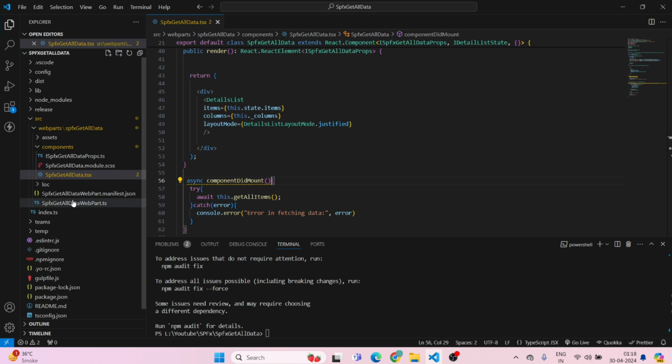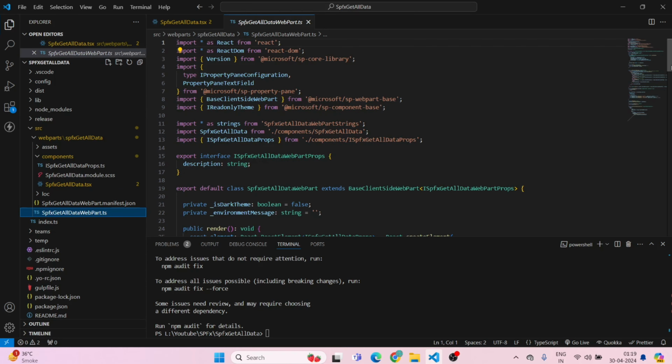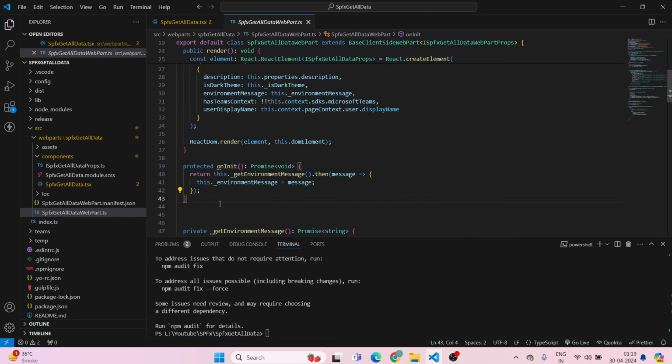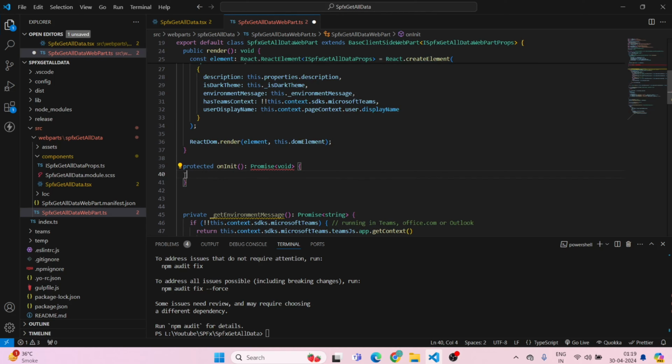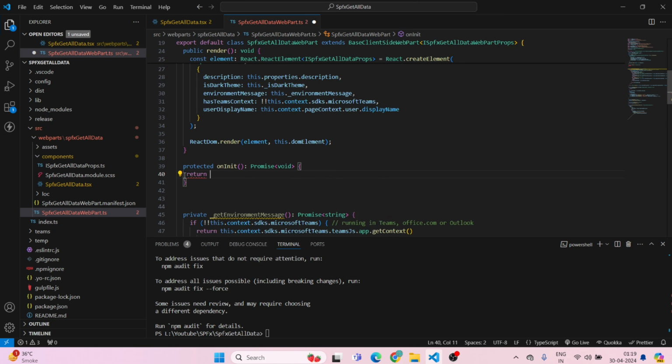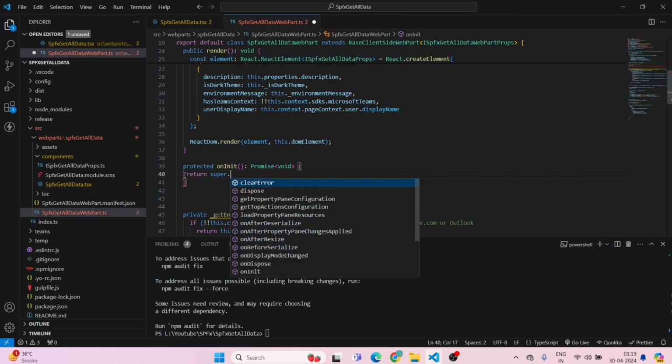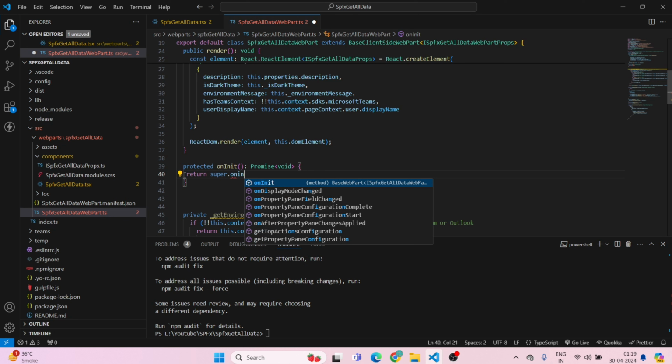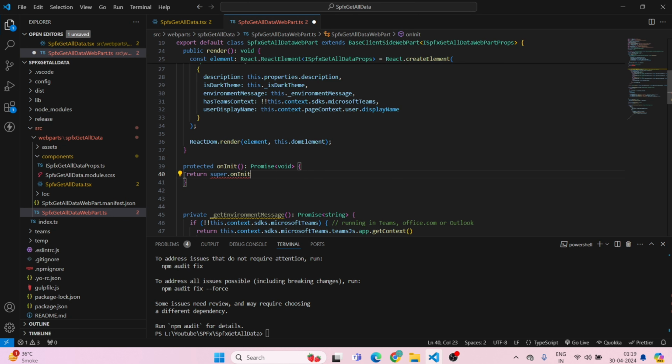Now we have to go inside SPFx get all data webpart.ts. So here we have to update the onInit function. So I'll remove this, and here we'll return super dot onInit dot then